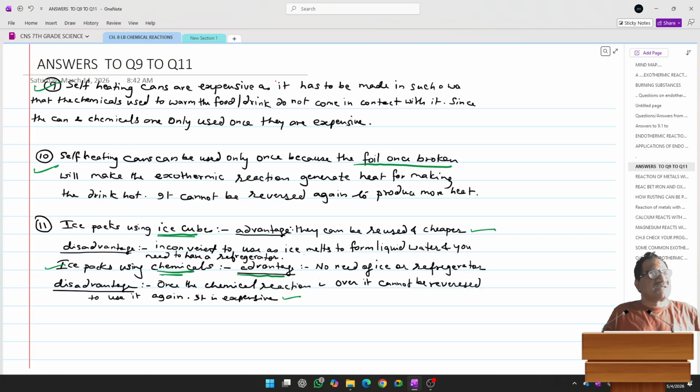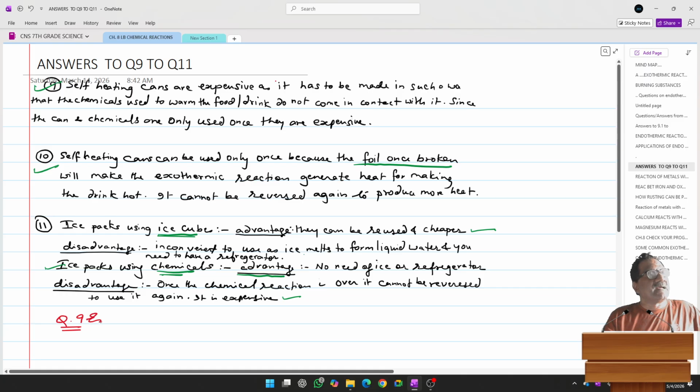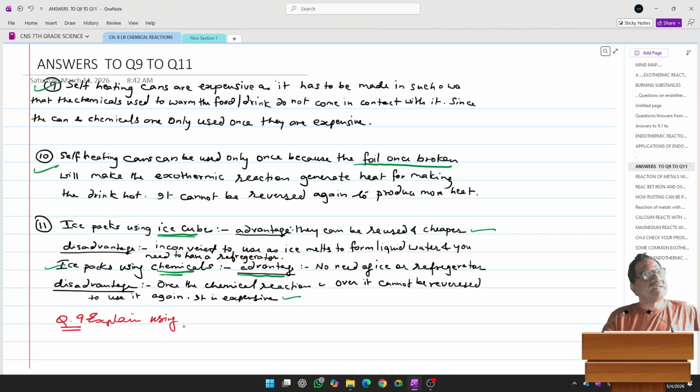So question number 9, I'll write here. From the textbook, it says: explain using particle theory why the reaction